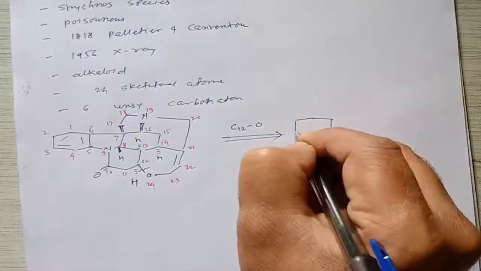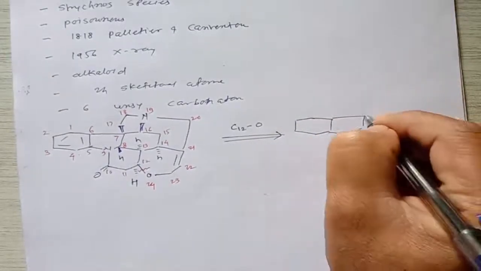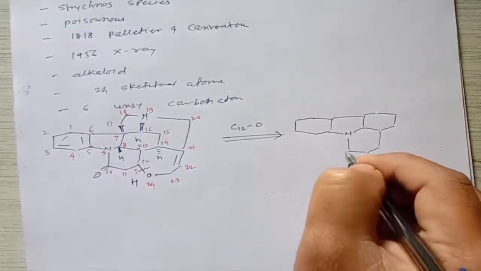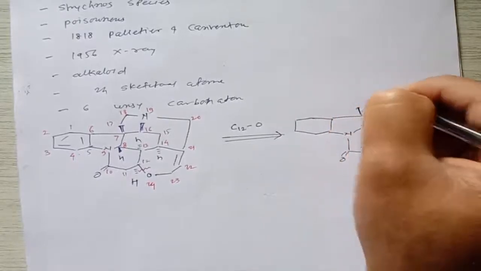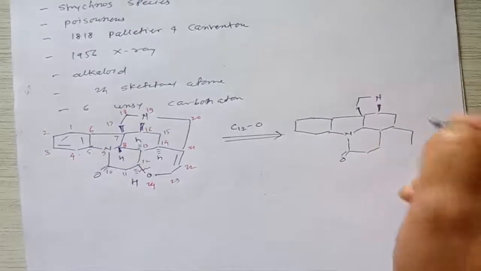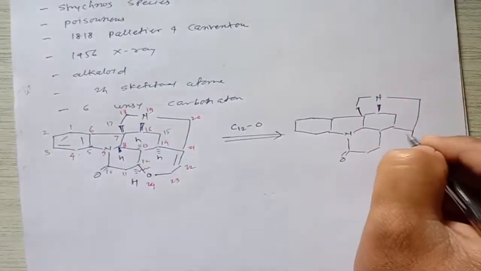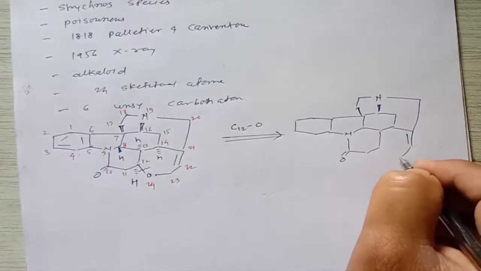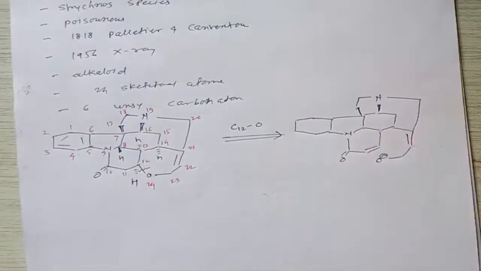It gives a molecule like this. It has a 6-member ring, which is the same, and this is a 6-member ring, which is again the same. Here is a nitrogen which is above the plane, and the carbon which is again above the plane. Then this nitrogen is connected to this member ring, and then here is a carbon-carbon double bond, then there is CH2, then this is O minus, and here a double bond can be introduced.